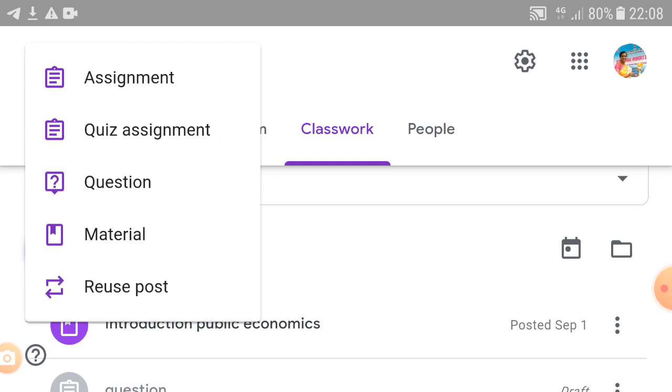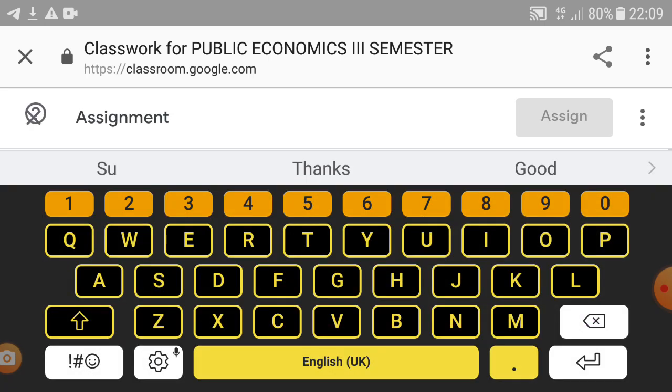So these are all things a teacher has to create and post to the students for assessment and in the learning process. If I click assignment,